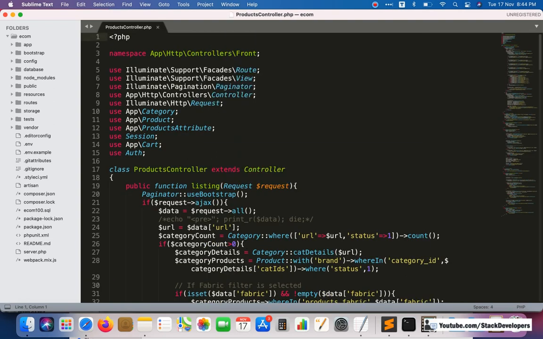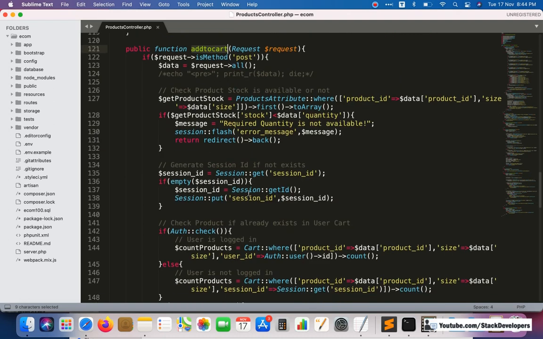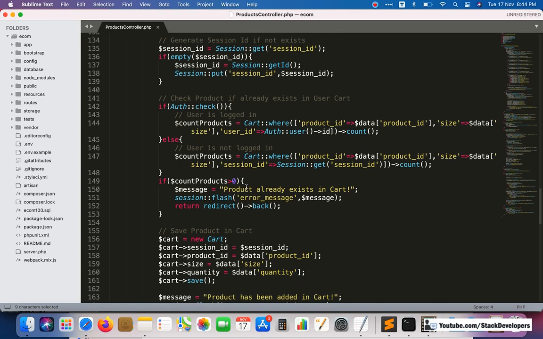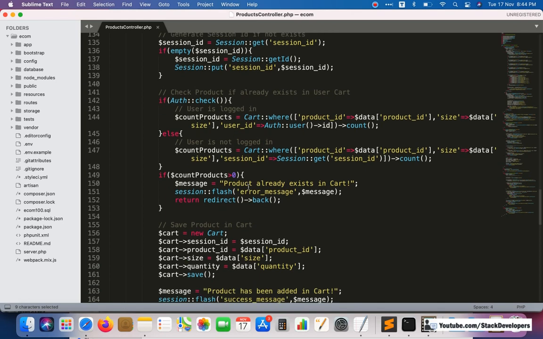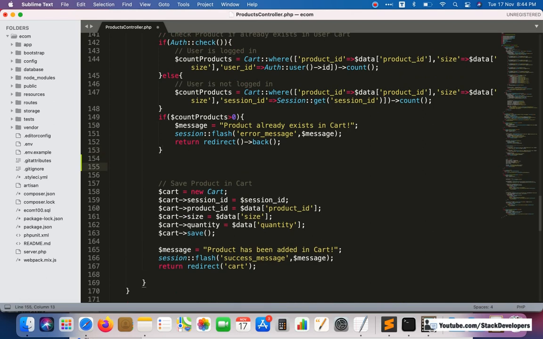Products controller, add to cart, and here you can go down to the save product in cart part. Here I am going to fetch the user id, only if the user is logged in.